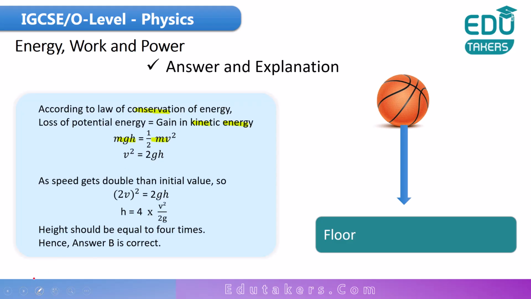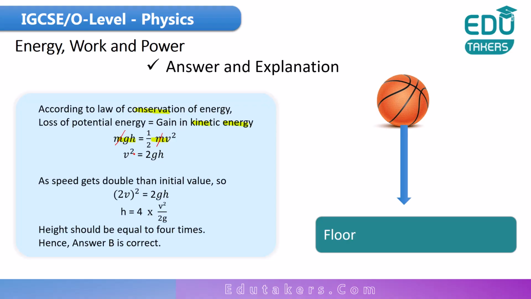From here you can see that the term of the mass is appearing on both sides. Just cancel both of these and rearrange the formula. You get v square is equal to 2gh. Now see here, we have to tell the effect on the height or the mass, but mass here cancels. It means that there is no effect of the mass. The mass remains the same by increasing the speed.